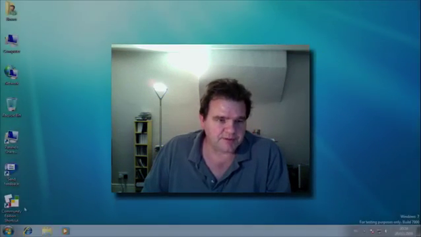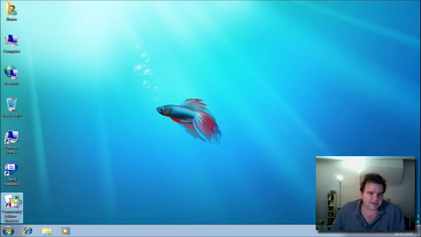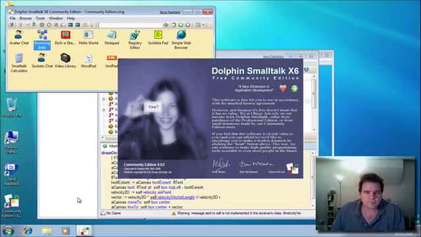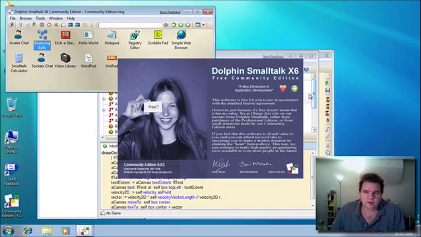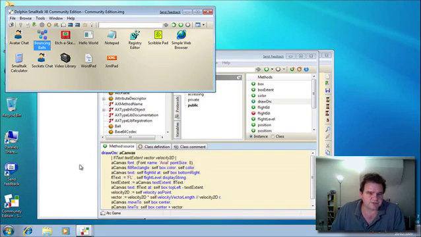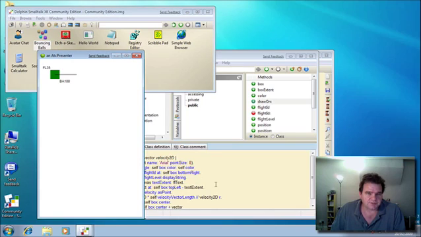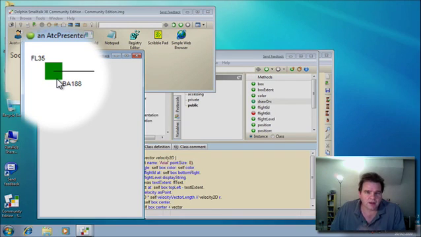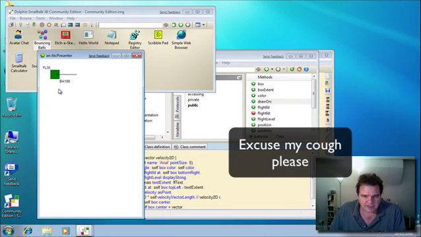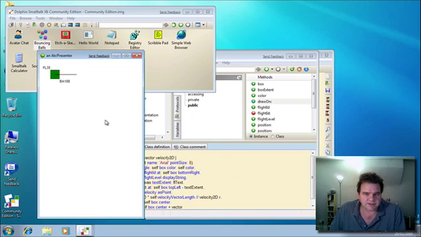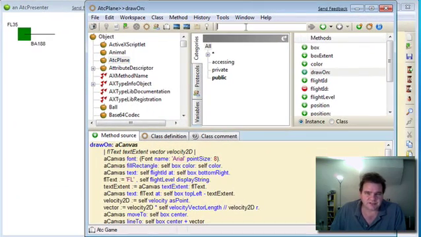You may remember I saved down the Dolphin image, so let's restart now. And one of the great things about Smalltalk is that when you save the image and you restart, you get back to exactly the same situation you were in before. And so we still have our instance of the game running in this ATC presenter, and it's updating in the background. So let's go and add some update processing to get the movement onto the screen. If we go to ATC presenter,